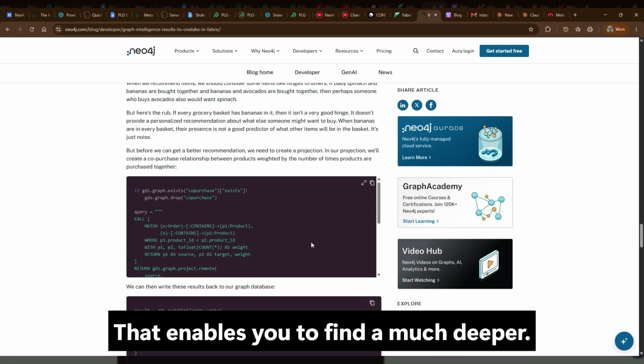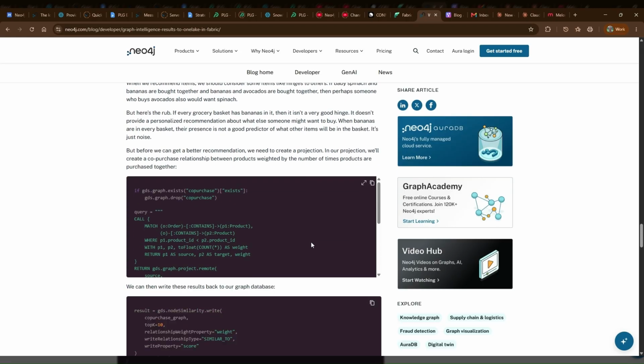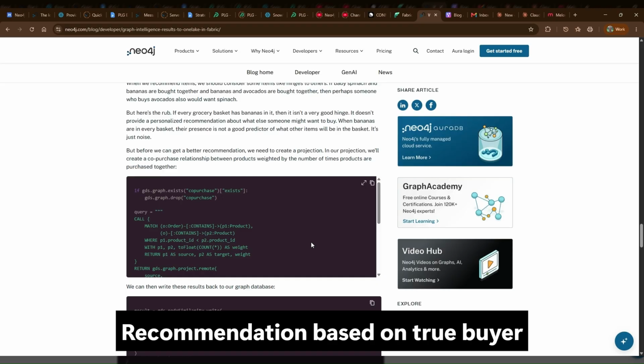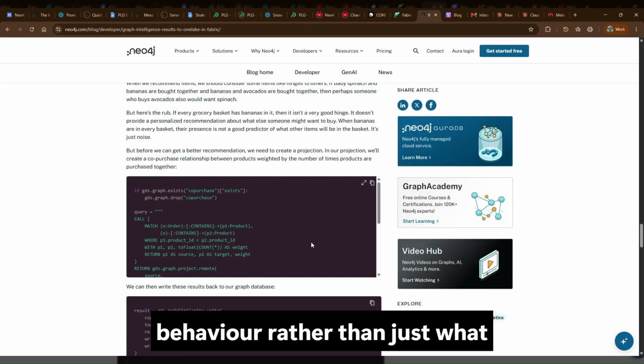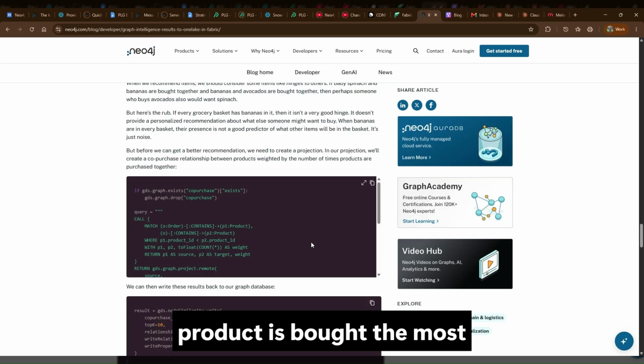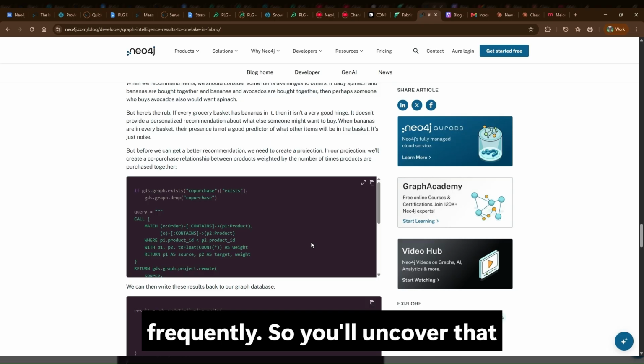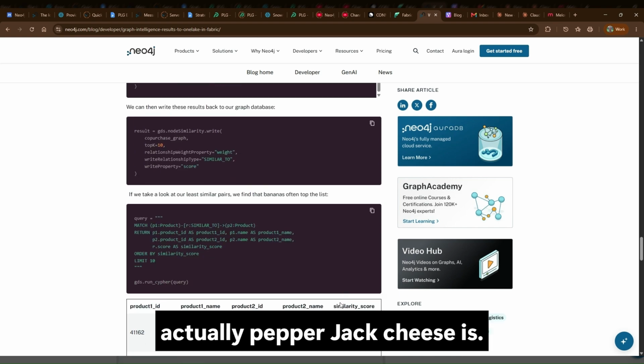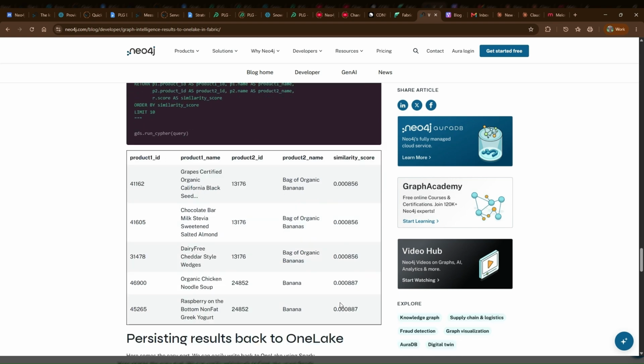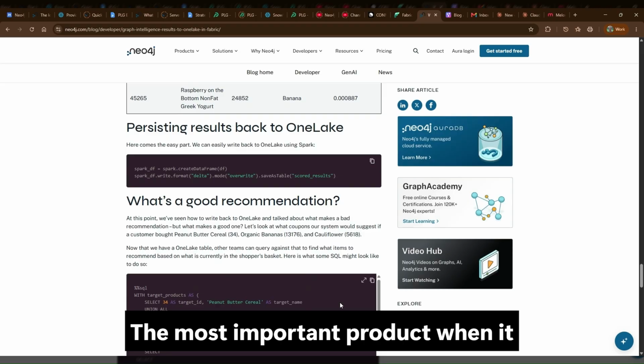That enables you to find a much deeper recommendation based on true buyer behavior rather than just what product is bought the most frequently. So you'll uncover that actually pepper jack cheese is the most important product when it comes